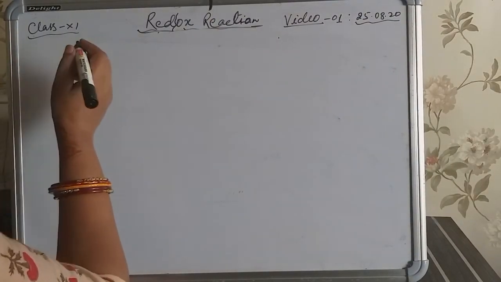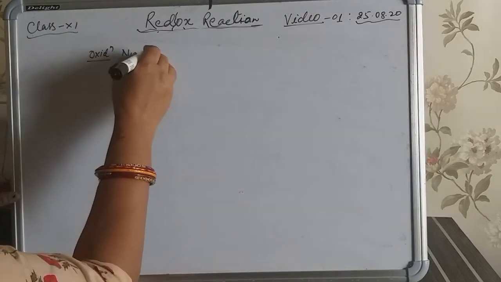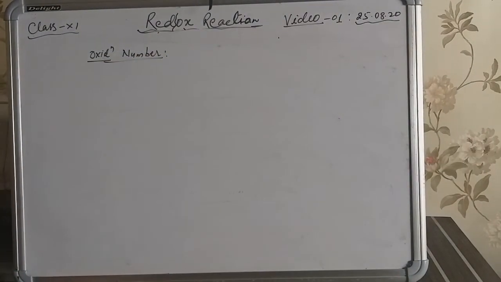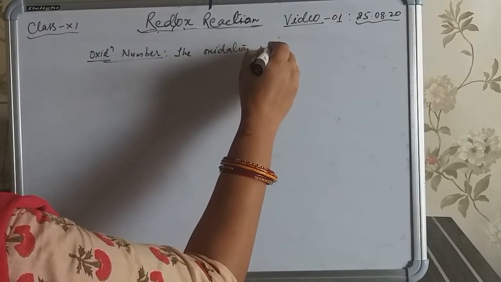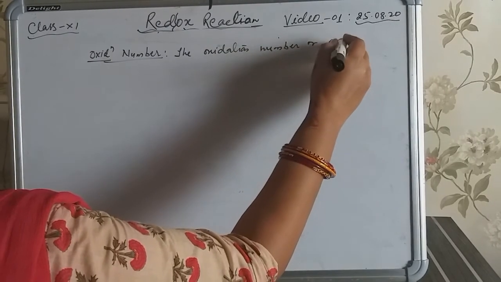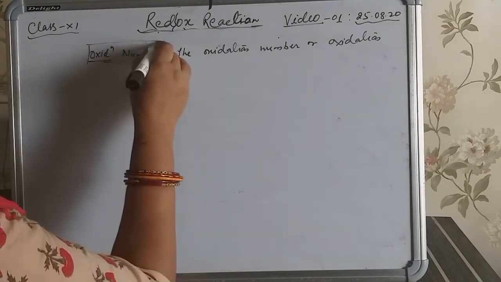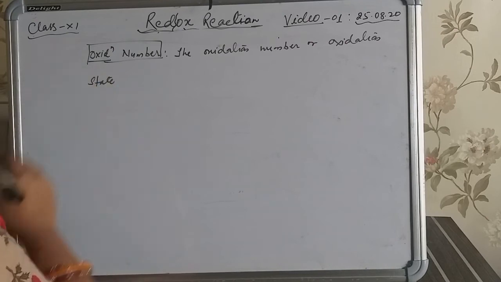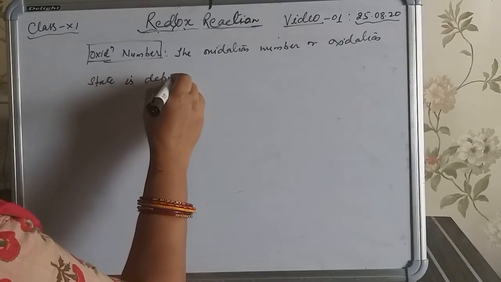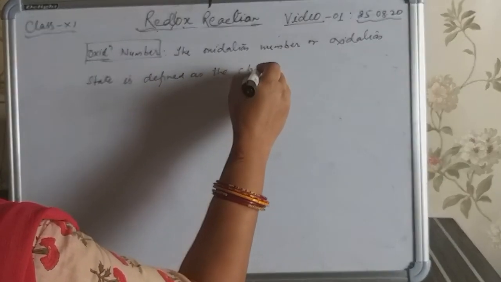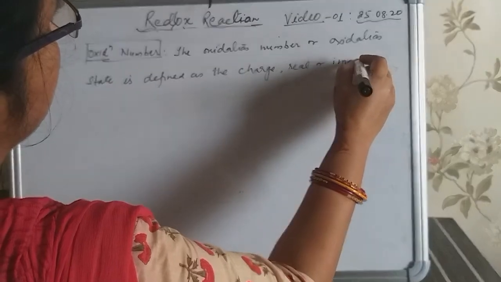So what is oxidation number? The oxidation number or oxidation state is defined as the charge, real or imaginary,